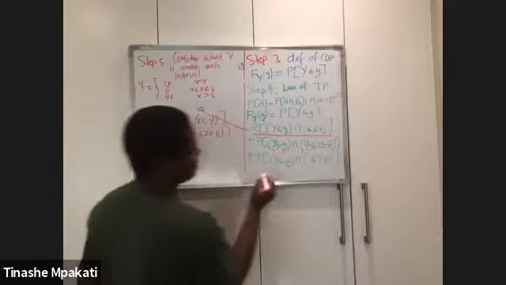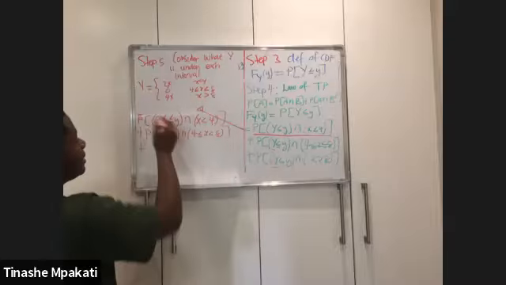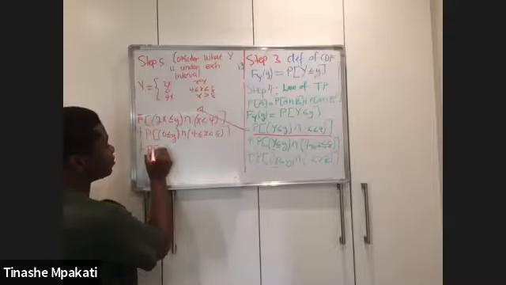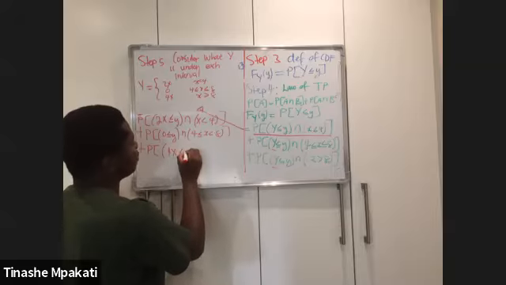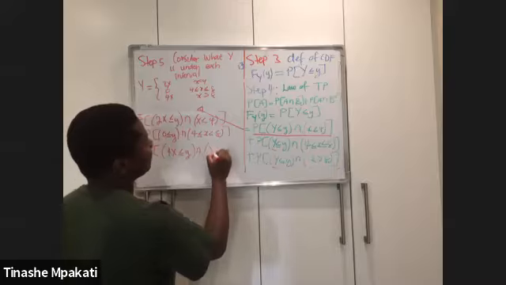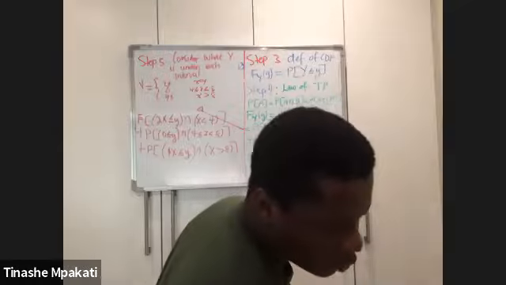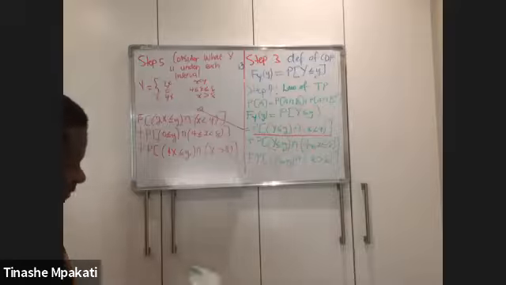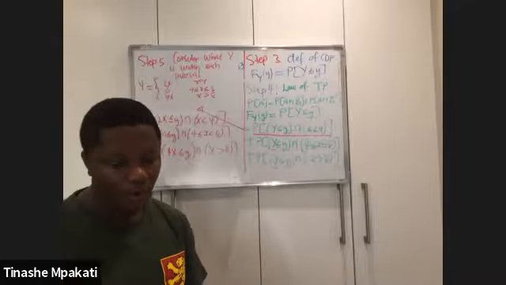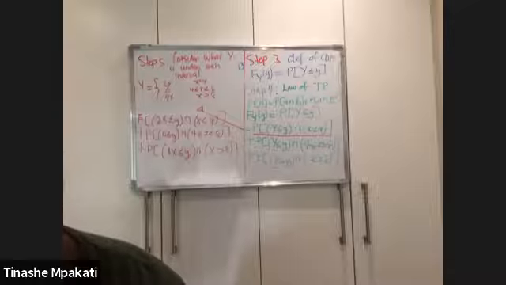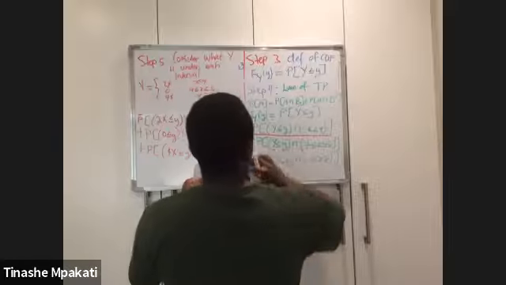Plus, instead of writing my y here, this is telling me that when x is greater than 8, my y is equal to 4x. So instead of writing the probability of y being less than y, this will be the probability of 4x being less or equal than y, intersecting with the fact that our x is now greater than 8. Cool. That is what step 5 tells us to do: you just have to consider what your random variable is under each interval, and then you substitute into what you have gotten in your step 3 here.